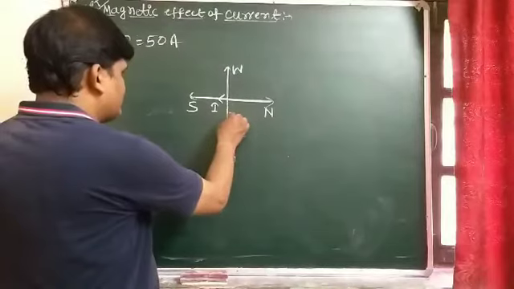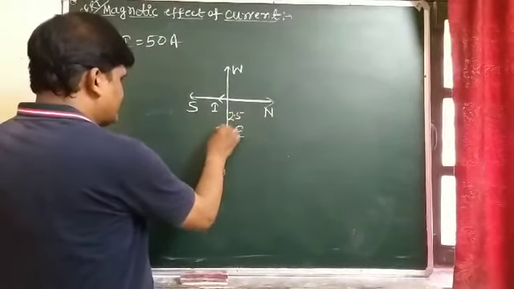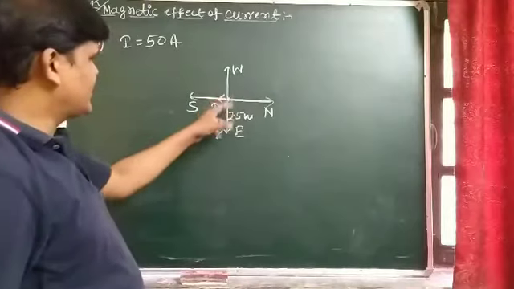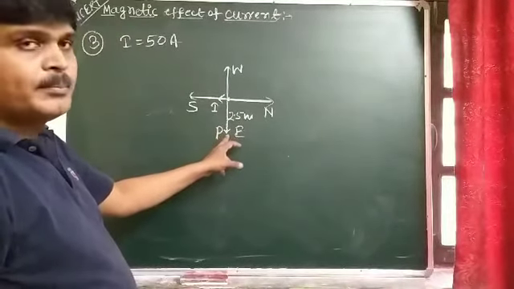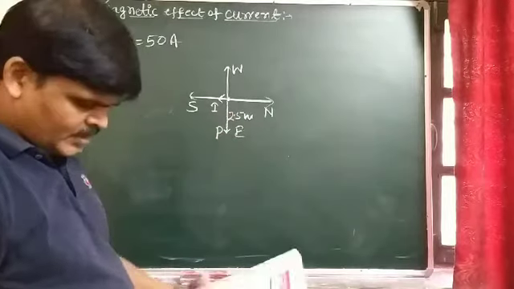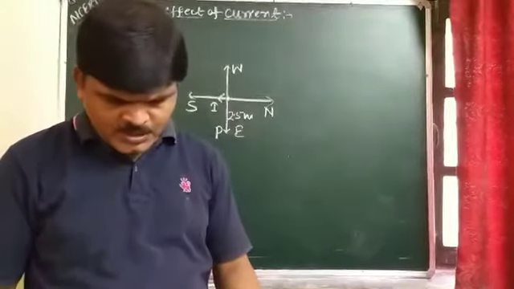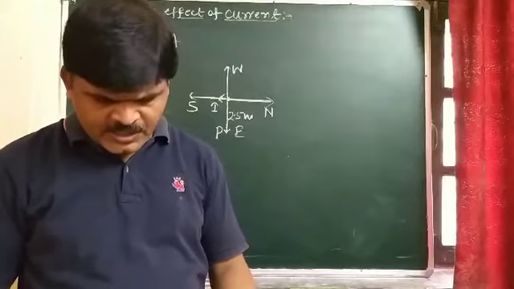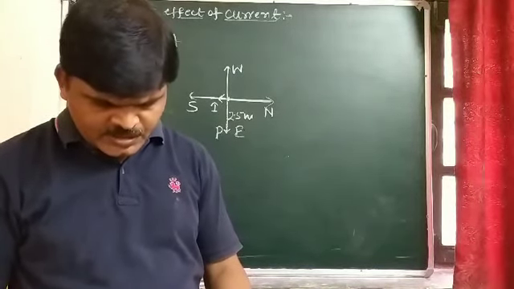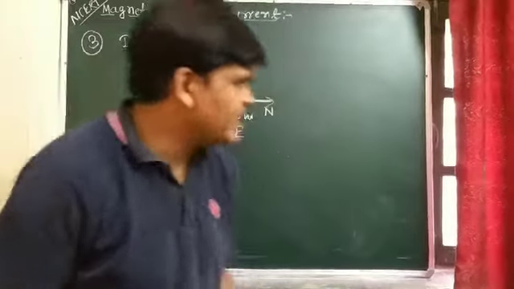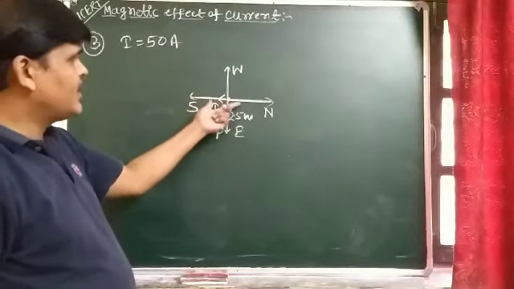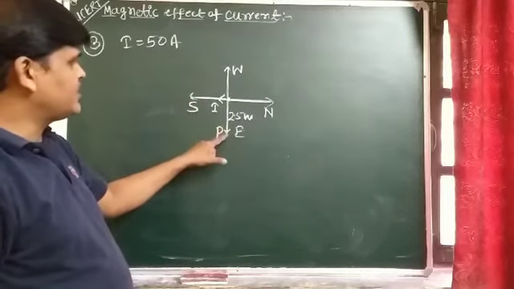2.5 meter, that is what? Suppose that we have to find the magnetic field at a point P, which is towards east of the wire. Give the magnitude and direction of B at a point 2.5 meter east of the wire. And student, this is the straight current carrying conductor, means wire, and it produces a magnetic field.